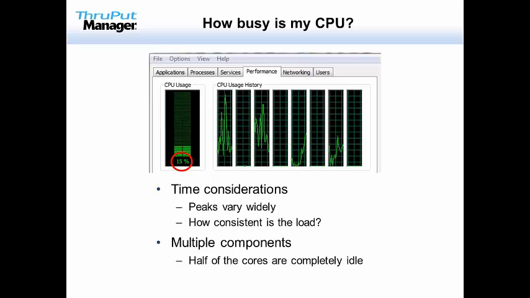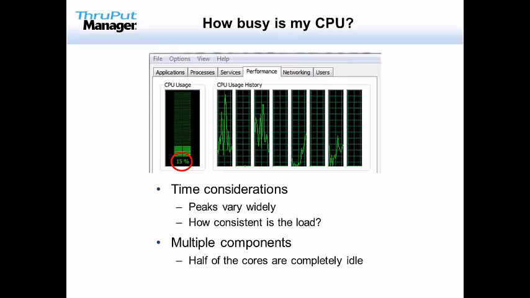Look at another simple example. This is my laptop the other day, just running a bunch of SAS and seeing what that looks like on the machine. Now, if I look at this measurement, it tells me that I'm 15% busy. Again, what does that mean? Well, in one sense, that means I've got 85% of my capacity left. I could be doing a whole lot more work.